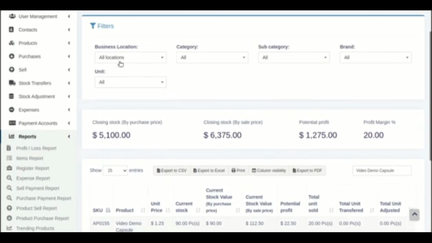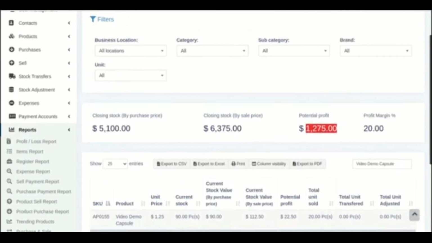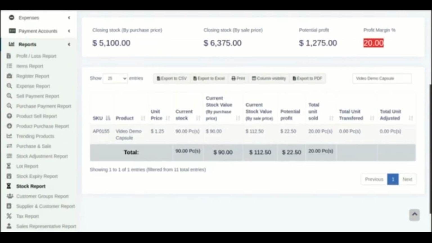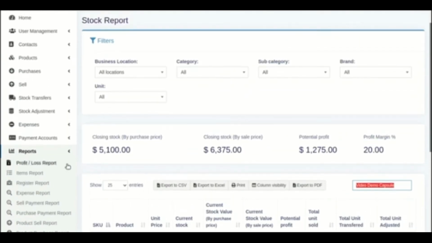So you can see in the stock report it is showing me closing stock value by purchase price is this one, closing stock value by sales price is this one, the potential profit based on all the products which we have is this one, the profit margin is 20%. So here you can see if I search for this particular product, then it is showing me all the information related to this particular product here.